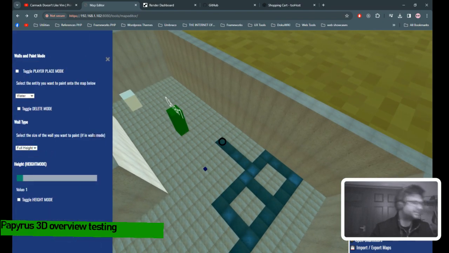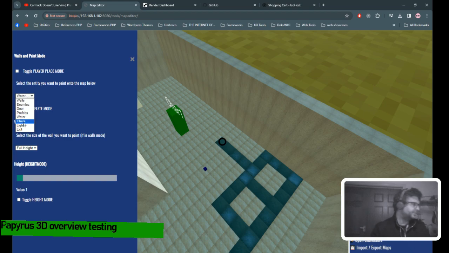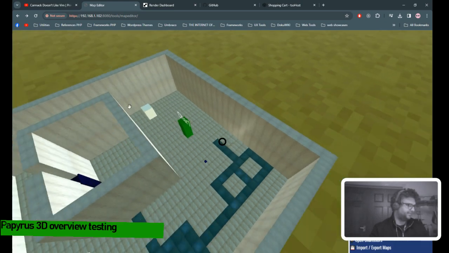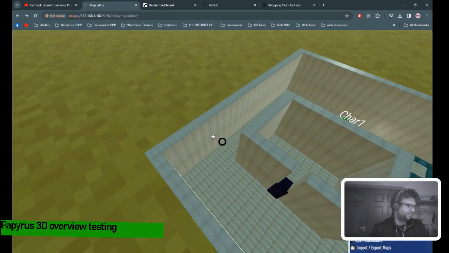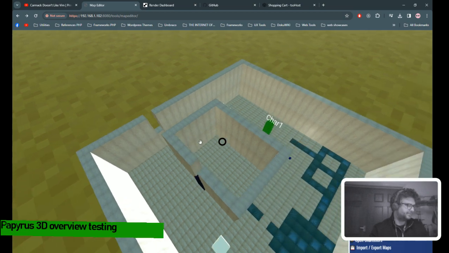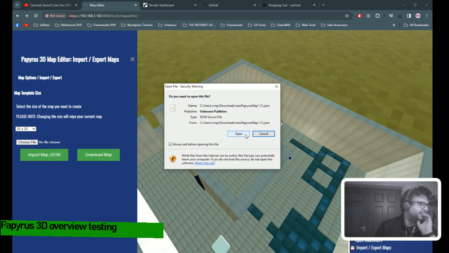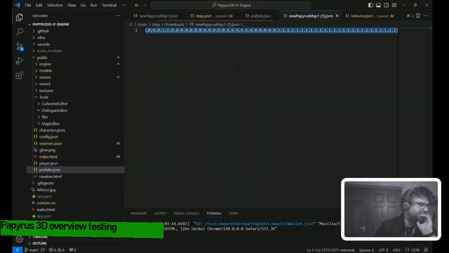There's also a light system. I can't remember if I got that fully working, but I will add maybe a light like there. So you add a bit of light to the scene. Maybe one in this corner as well. And now let's try and export that. So exporting it just exports it as a JSON. You can also import ones in as well. So we'll download this and open it up, see what form that takes.